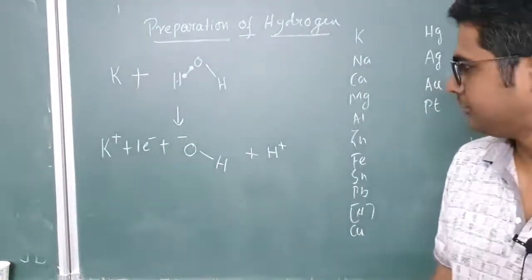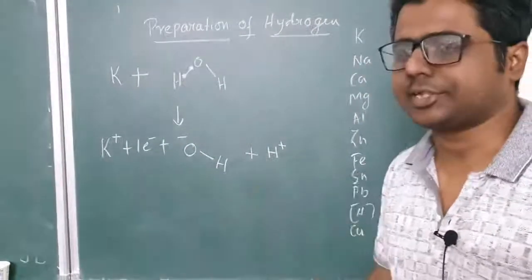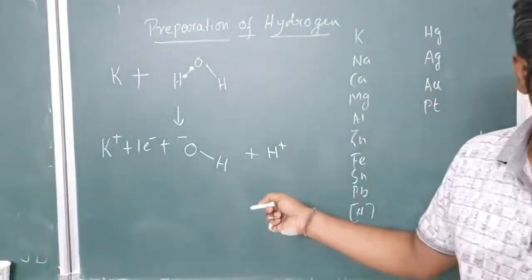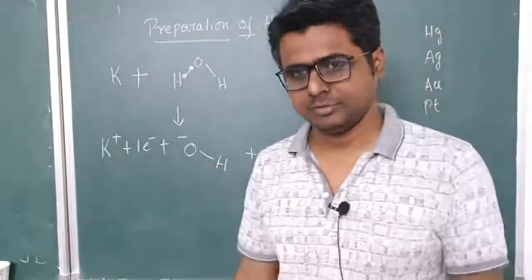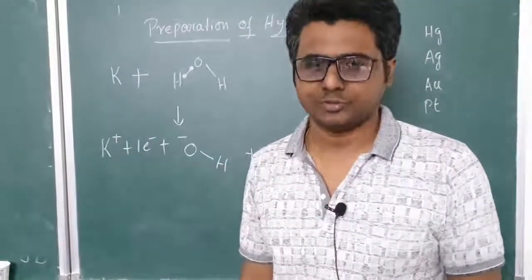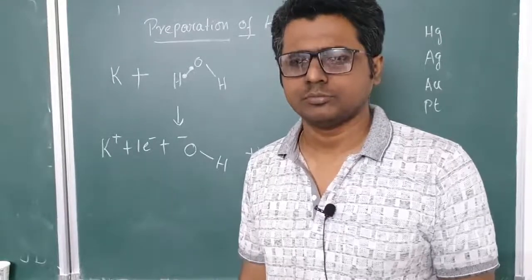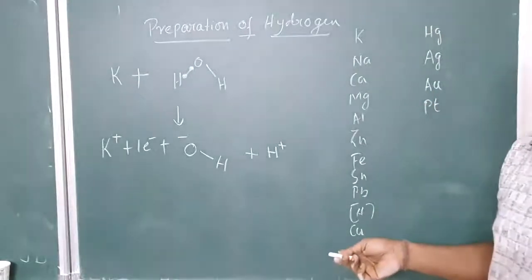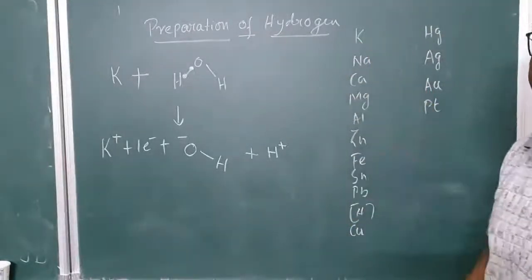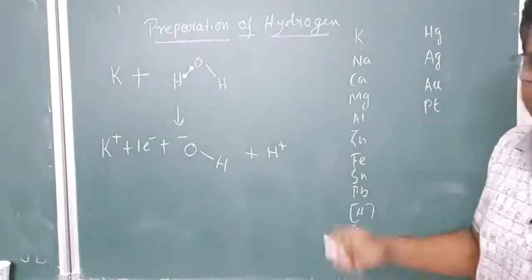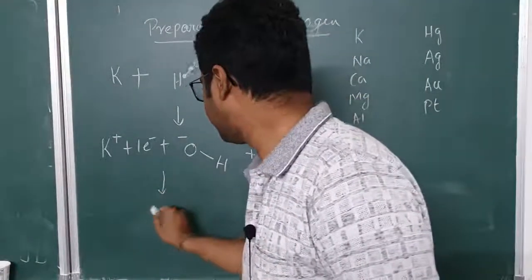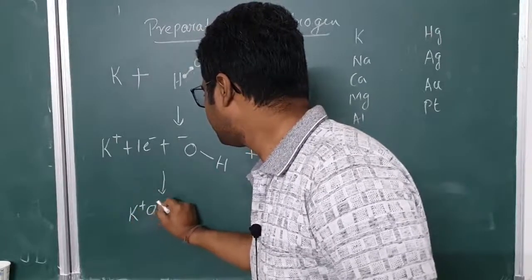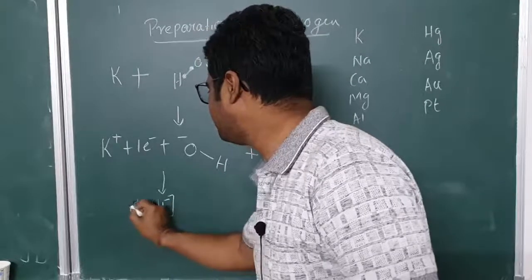Okay? Now this OH minus has a choice. What kind of choice? This OH minus can have hydrogen plus with it, or it can have K plus with it. Now OH minus will choose. So OH minus will choose whom? The better person. So here he will go to this table and see that potassium is the better person than hydrogen. So he will choose the better person. So this will change like this: K plus OH minus, it's an ionic compound, okay?